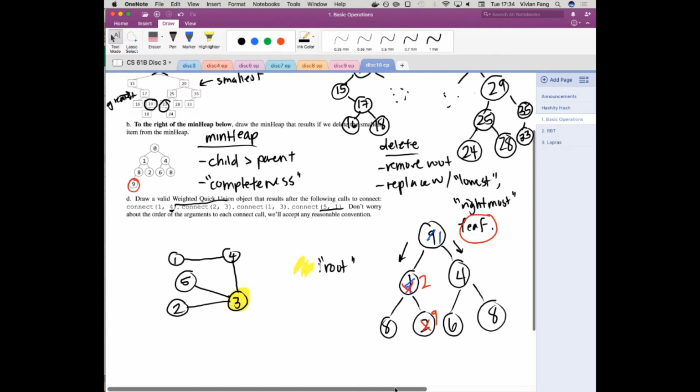Okay. It doesn't matter which one you select as the root, right? So could you select one as a root instead of 4? In this case, it depends. The only time it wouldn't matter is when you had two roots that were competing with each other. So root selection has a pattern to it, except when there's a convention, and the convention could be, let's make the higher number the root if you're just unioning two sets of size 1. Okay. Any more questions? All right.